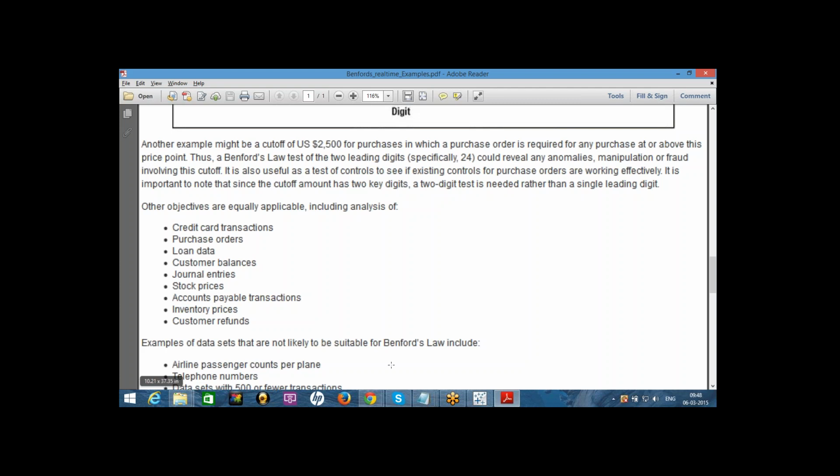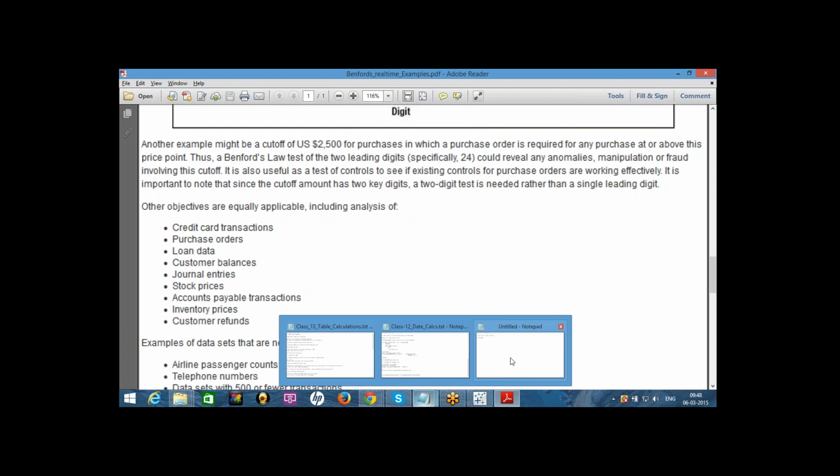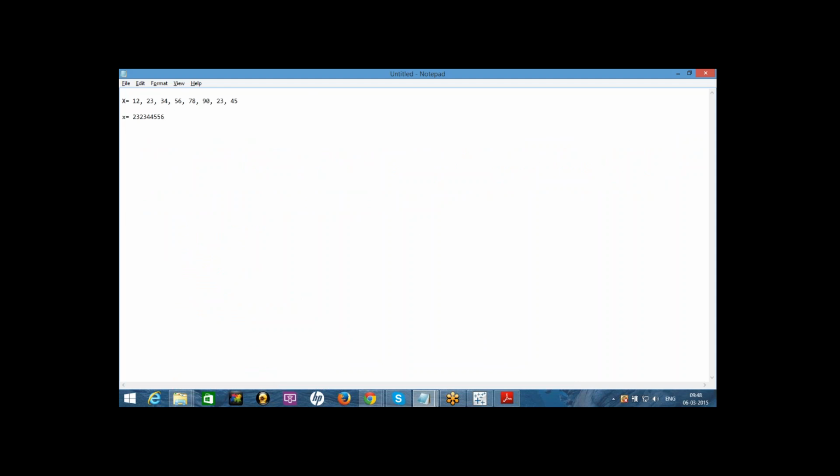Can you send this Excel sheet to both of us today, and also the other benefits, so we can study tomorrow? Sure. I'll explain practically tomorrow. Today I just wanted to give an introduction to Benford's law, and we'll study that. This is very important and useful, really. And if you have the PDF, Benford's PDF? Yeah, I'll send. One minute. I would like to tell one real-time example here.